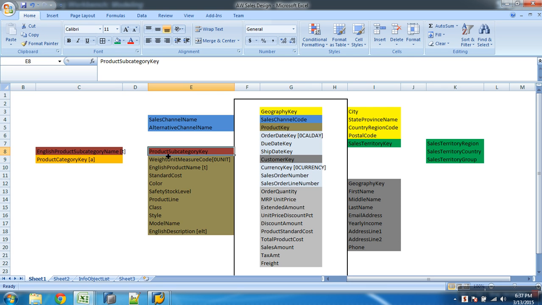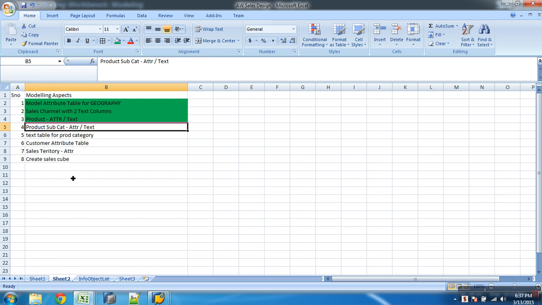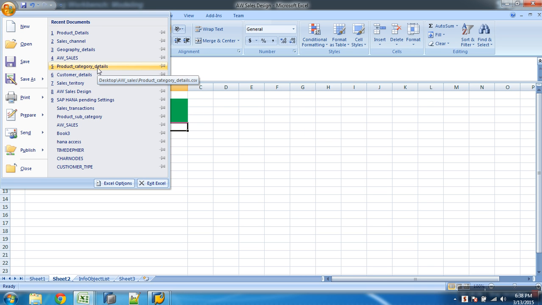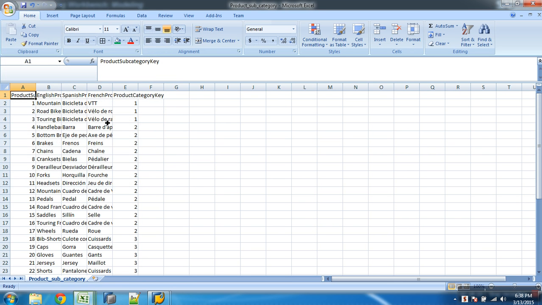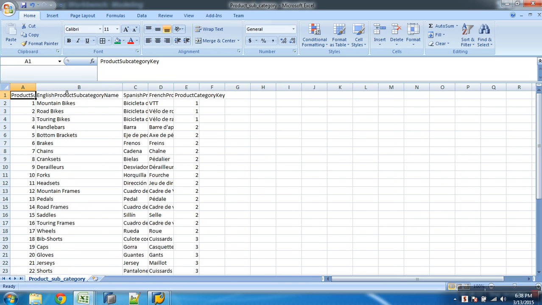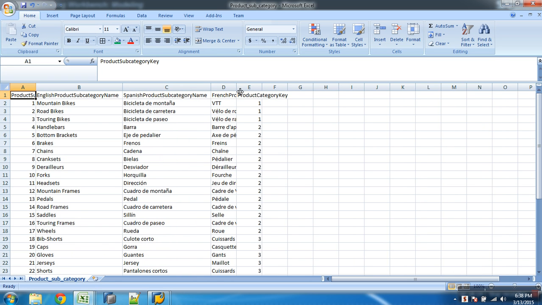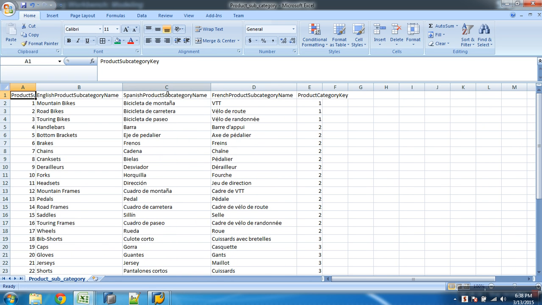So for subcategory key, do I need to have an attribute table and a text table both? You remember that yesterday we discussed? So for subcategory I want attribute and text. If you look at the table, product subcategory, where is it? This was a file. We thought we deleted it, right? I will not delete it.